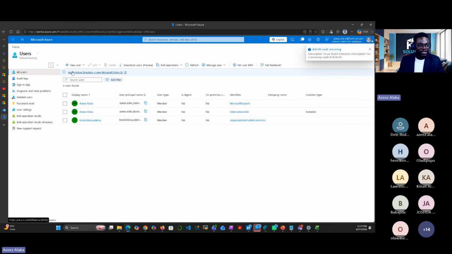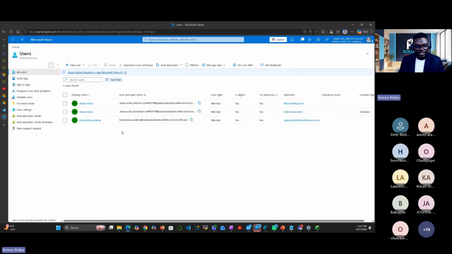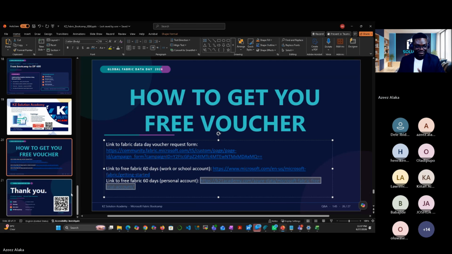Just come to Users and create a new user. Once you create the new user, it's going to come with a Microsoft domain. See, this is the user we're actually using for this Fabric. I just created a new user, put the name, and automatically you can use it to log into Fabric and get your free trial. And remember, once you get Fabric, automatically you also have Power BI. So if you have not worked on Power BI service before, you can easily make use of this.